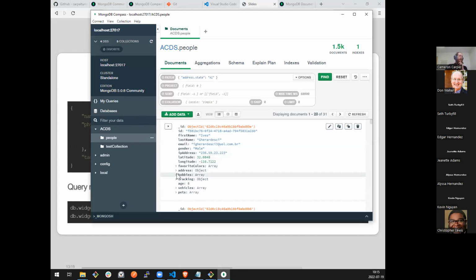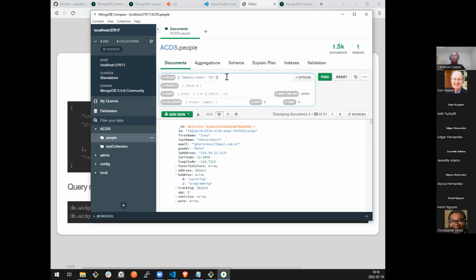Let's use hobbies because I think I have more data in hobbies than I do in favorite colors. I should also take a moment to note that when we say address.state here, if we're working in a programming language and we don't have a property named address and we try to access state on it, it's going to error on us, right? Mongo handles that internally. It basically says, does this document have an address property? It doesn't.